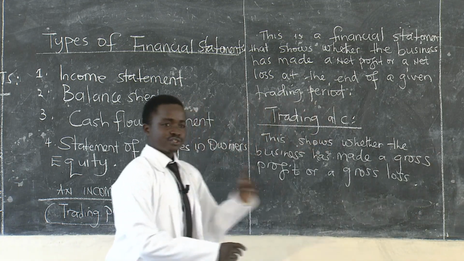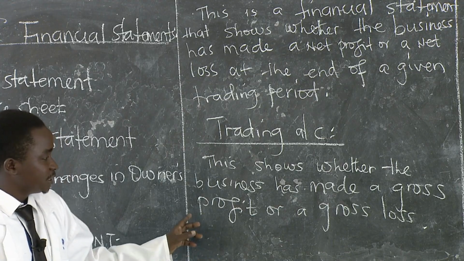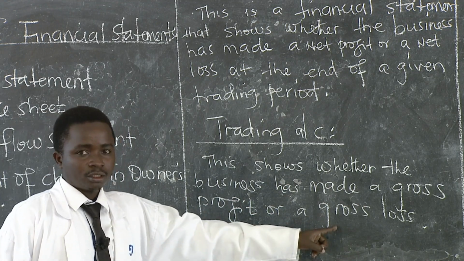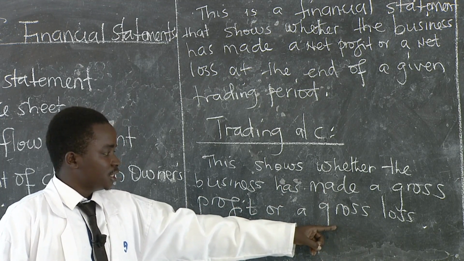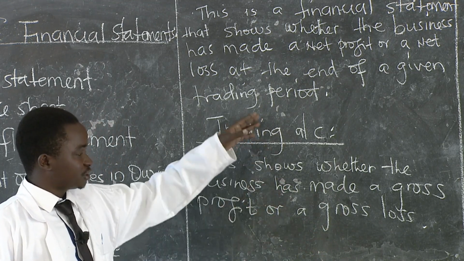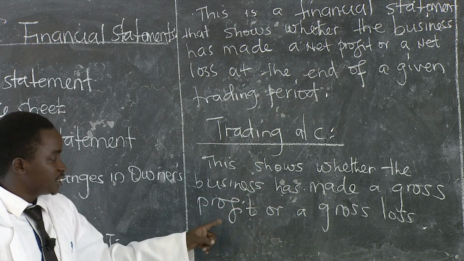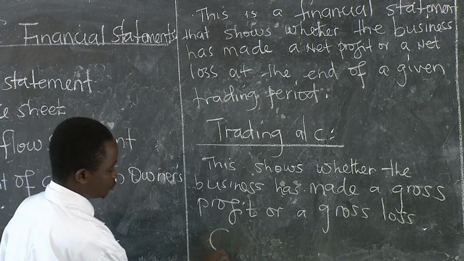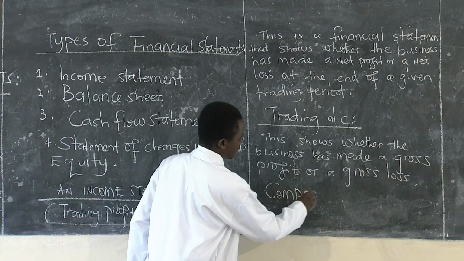So meaning that in a trading account, we have to look at either has the business made a gross profit or it has made a gross loss. So that is the important thing that we must note. When it comes to a trading account, we must see, has the business made a gross profit or a gross loss? So from here, we have to look at what are the components